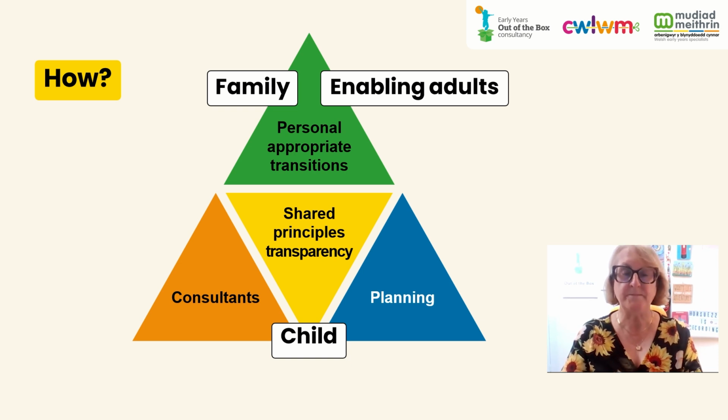So how do we do this then? Well, we need to remember who actually is involved in all of this. I've taken this idea from an author called Liz Brooker, and it's what she calls the caring triangle. Now look at everything that comes into play when we're thinking about that individual child. The family, the enabling adults, and all those things that have to interplay in order to get the best for that child. I particularly like shared principles and transparency,